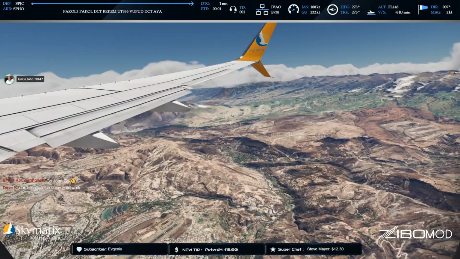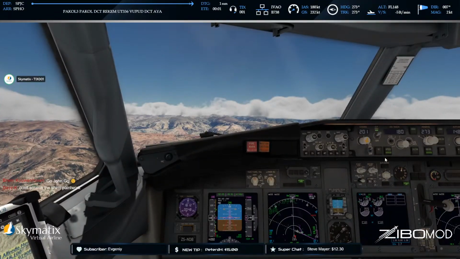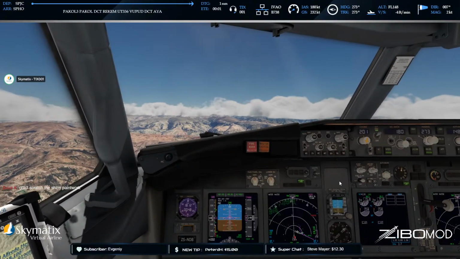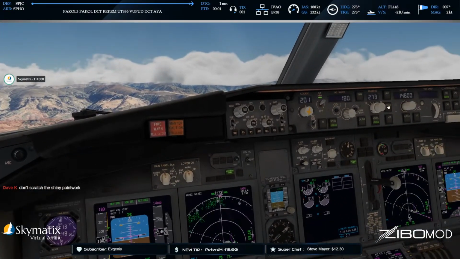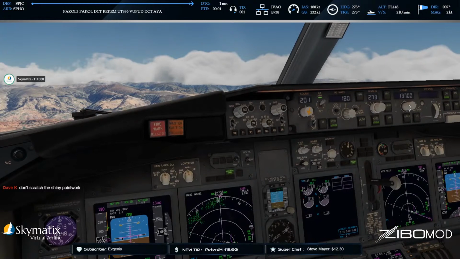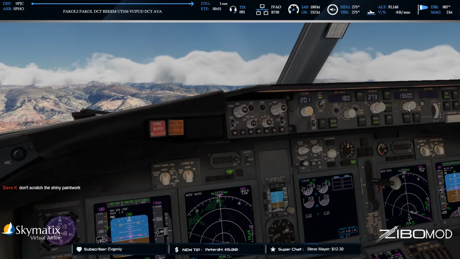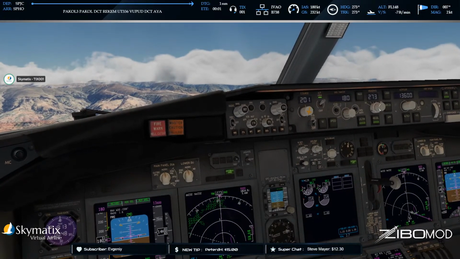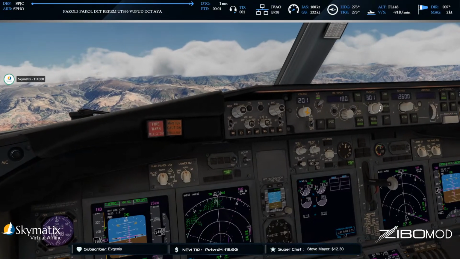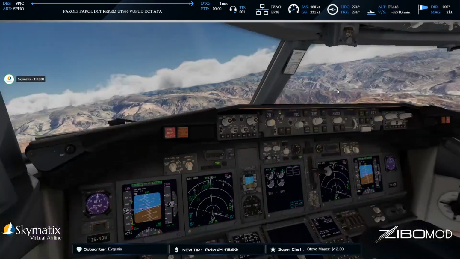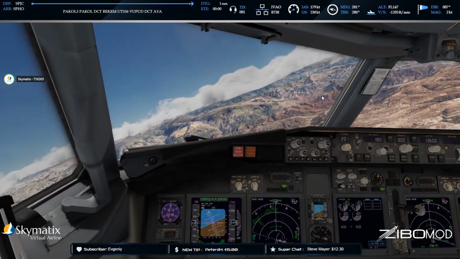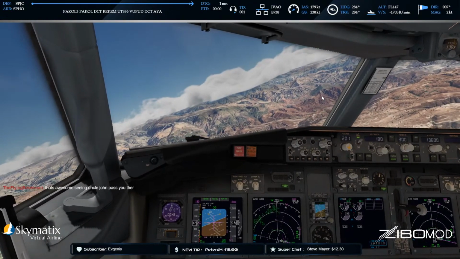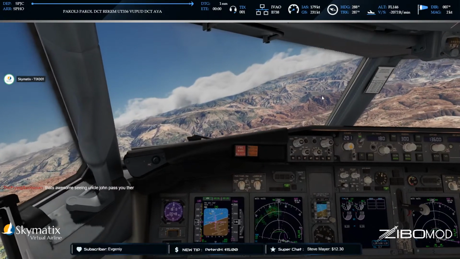Alright, okay, so now the minimums is 13,550, so we need to go down to 13,600. And we're going to do a level change there. I better start turning back a little bit because now I'm heavy off course. For sure, no, don't crash my shiny paintwork. Right, so what we are going to do now